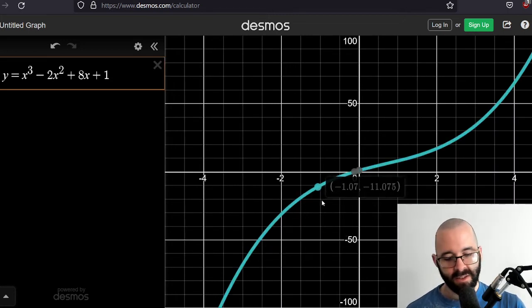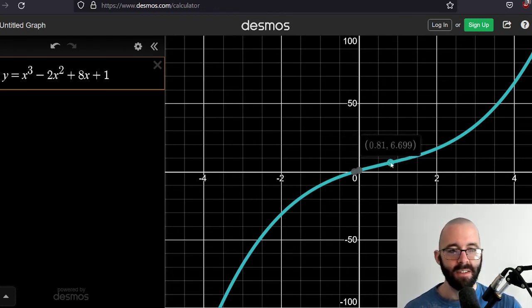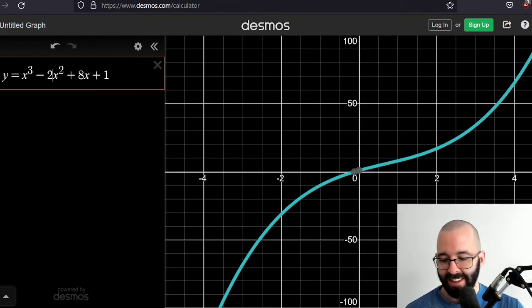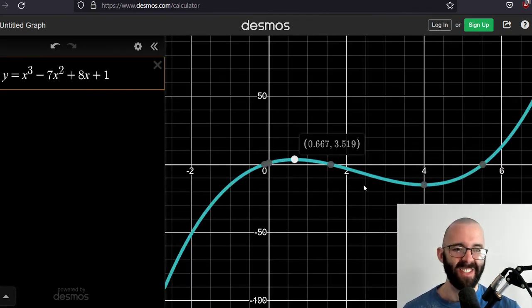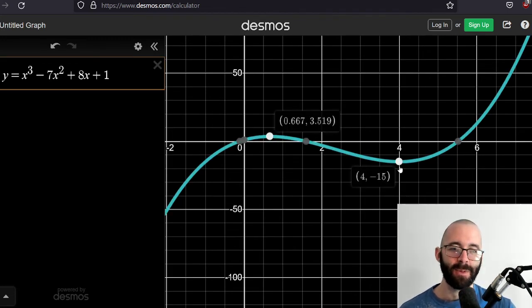So it never actually gets horizontal. Right? It flattens out a little bit, but it never gets horizontal. So yes, there is no horizontal tangent line ever for this function. Now, if this were a 7, there would have been 2 of them. If I didn't change the problem, there would have been 2 answers that we would